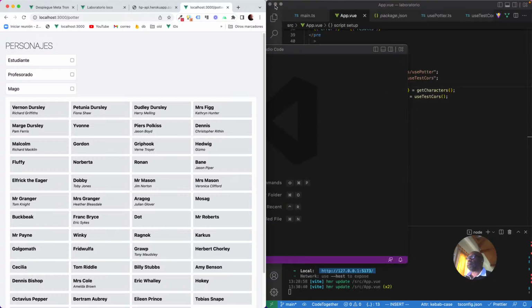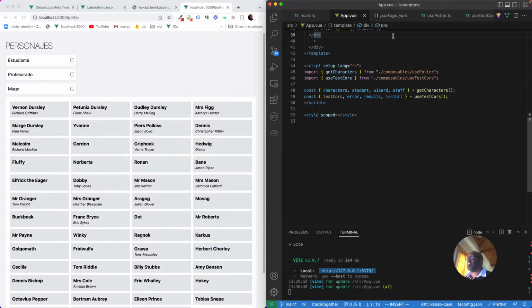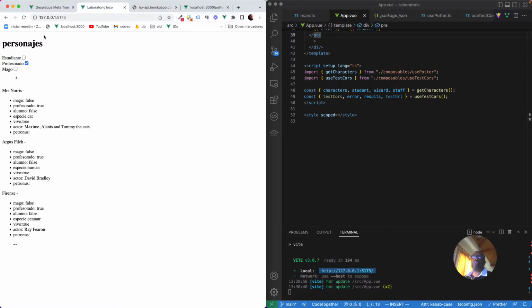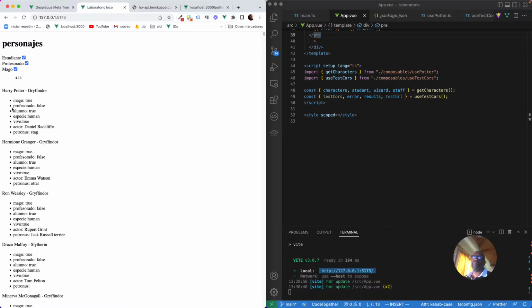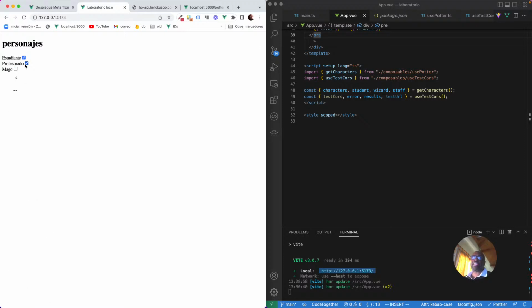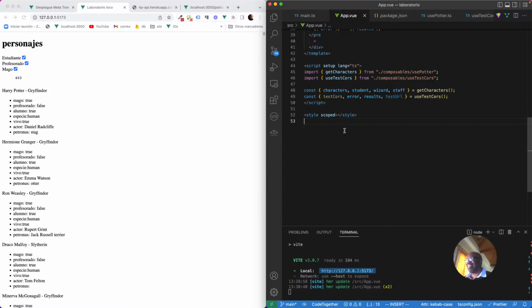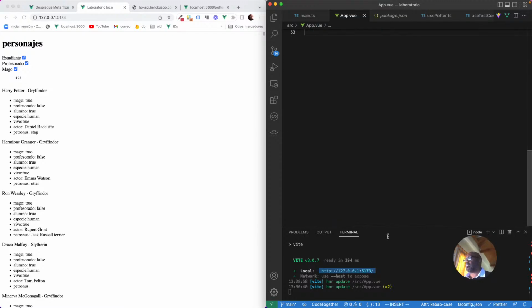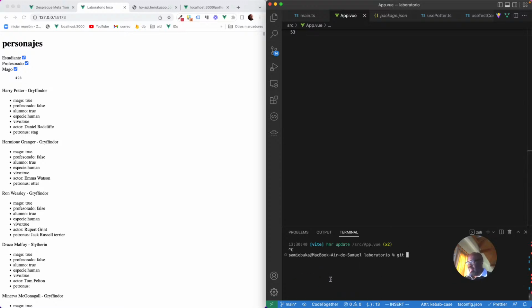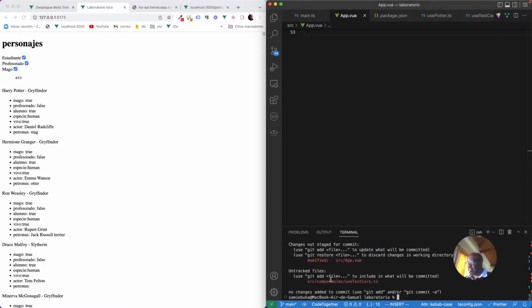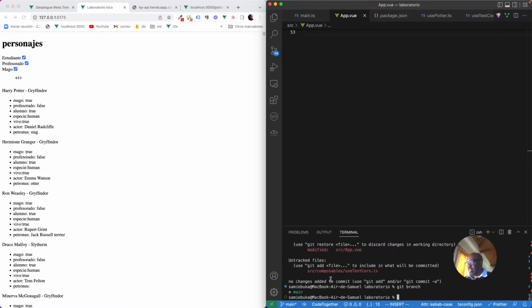Let's close this. We could start on a new lab, which is Laboratorio Loco. So this is the same composable, but then let's take away the composables. Let's save all this. What are we here? Git status, git branch, git checkout -b. Let's call it